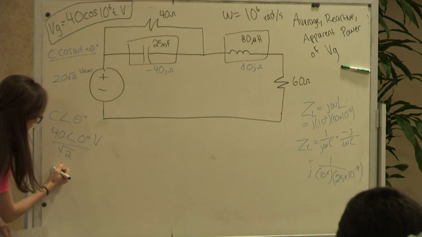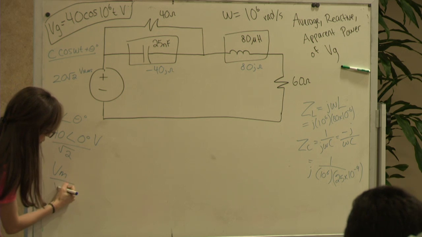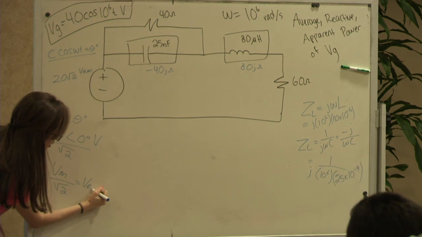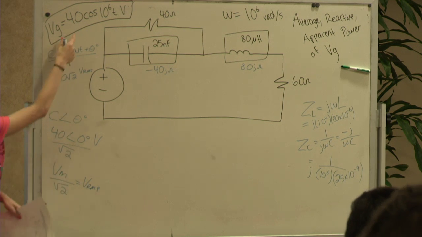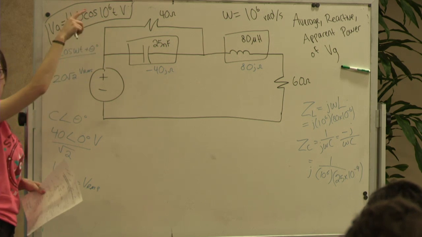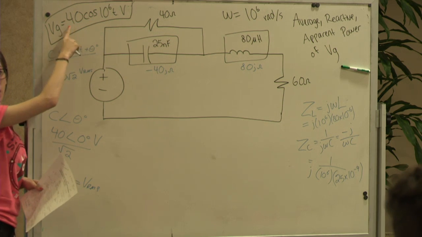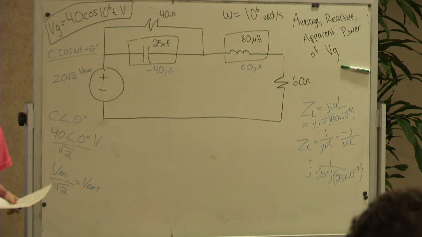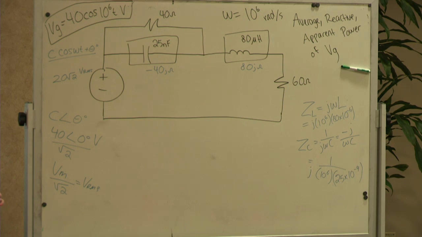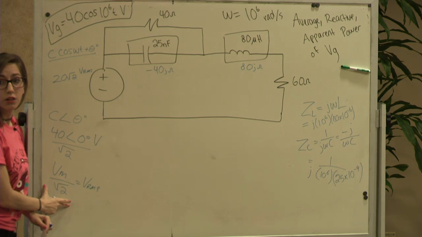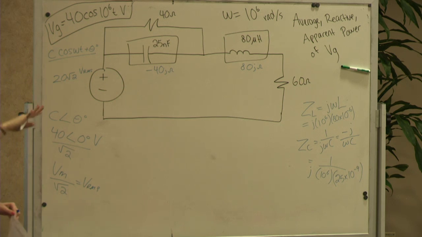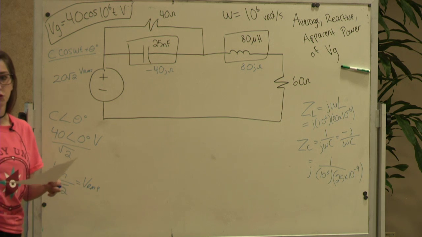So Vm over root 2 equals VRMS. And your magnitude is, because this cosine only goes up to 1, so the magnitude is going to be 40. You want to divide by root 2, because when you're dividing for power, RMS means like average real power, I believe. So they just want you to convert that when you're finding any power. In the last problem, it was already given to us in VRMS. So here we want to bring it, and then you just divide it by root 2. Yeah, there's like a proof for why you do root 2, but